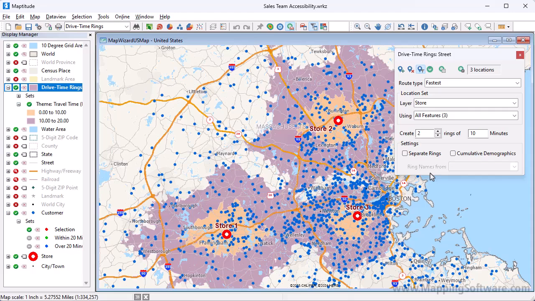As a user of Maptitude, you may have maps that you would like to share with others in your organization who do not have a desktop version of Maptitude. With the Maptitude Online subscription, you can upload your desktop maps to Maptitude Online and make them accessible to anyone